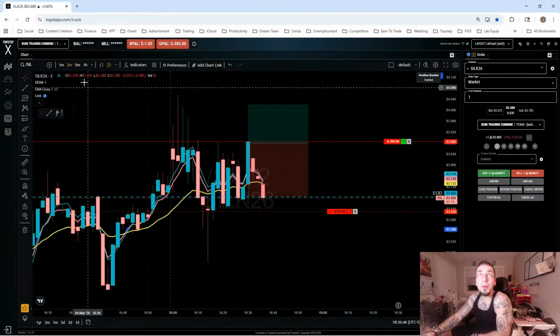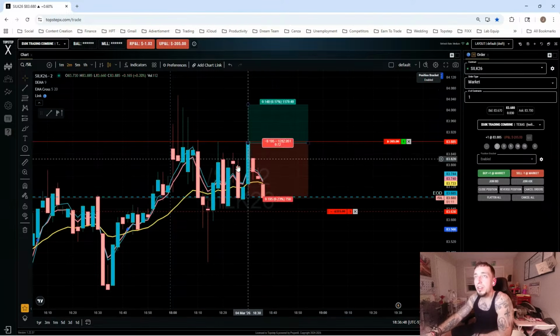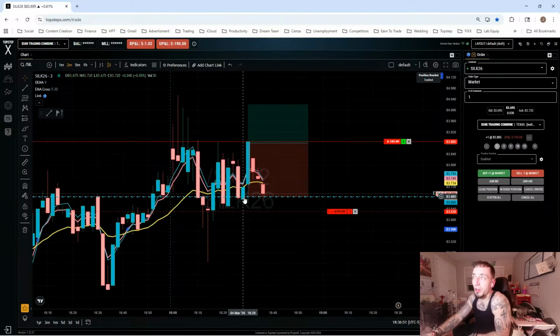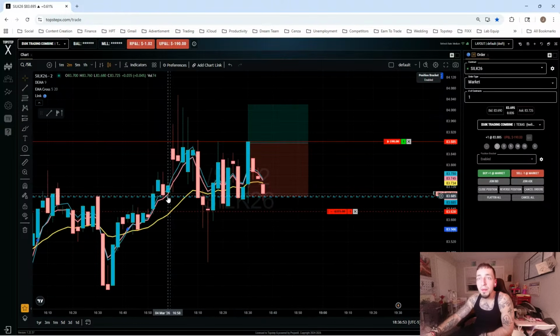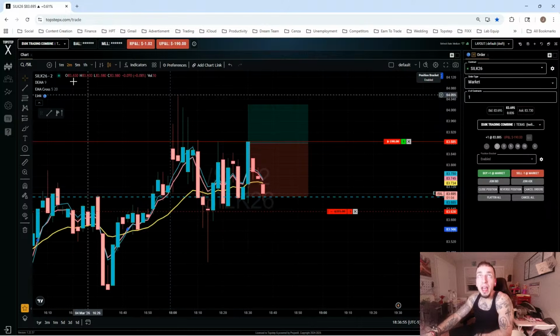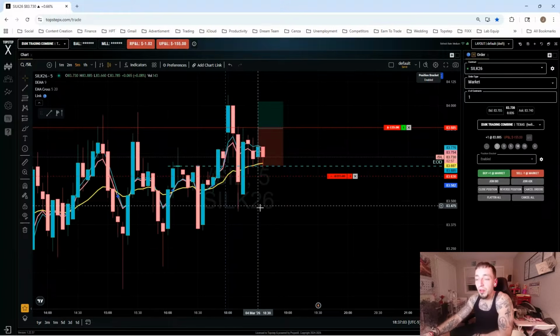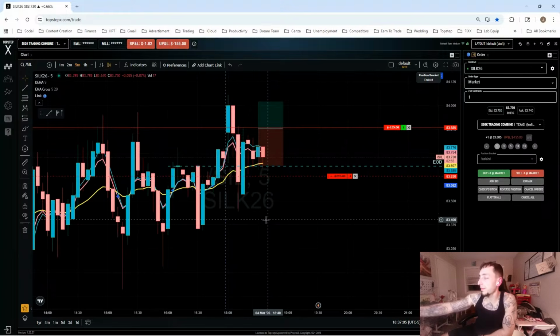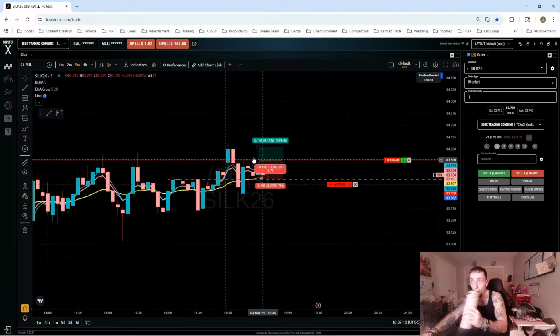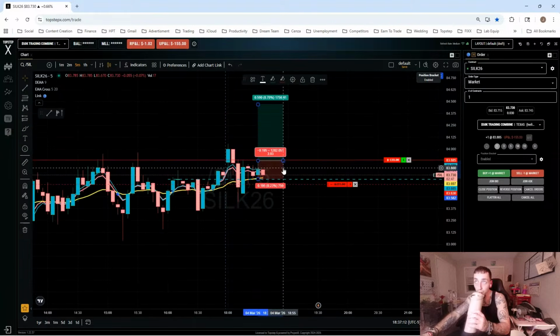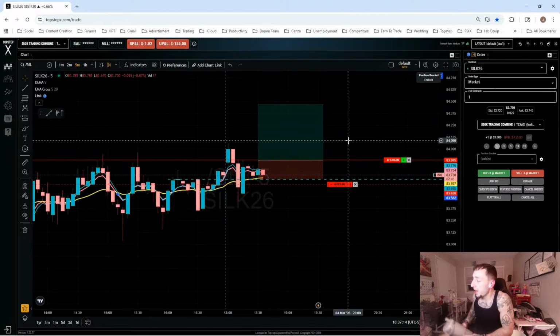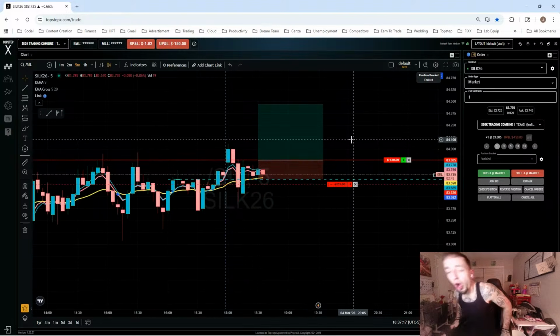So let's see what happens here. Buyers looking a little weak. That 20 is looking a little flat. But I'm hoping that end of day can hold right here. That's what I want to see. I want to see EOD hold on this silver long play. All right, let's go. Come on, baby.